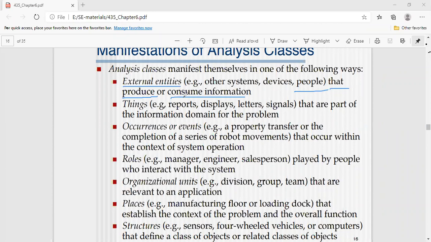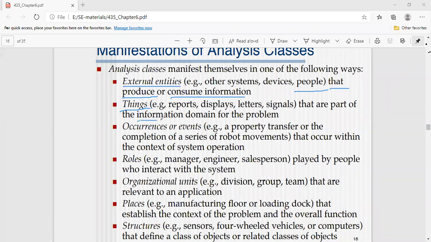This is which kind of class it is, and thing. Either it is an external entity or it is a thing. Class as a thing means reports, displays, letters or signals that are part of the information domain for the problem.